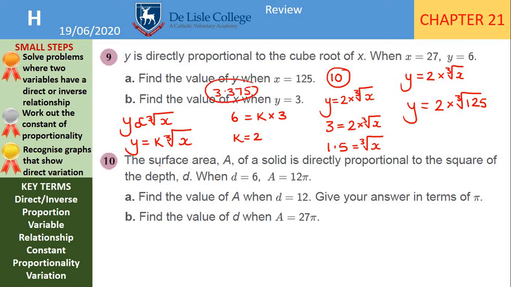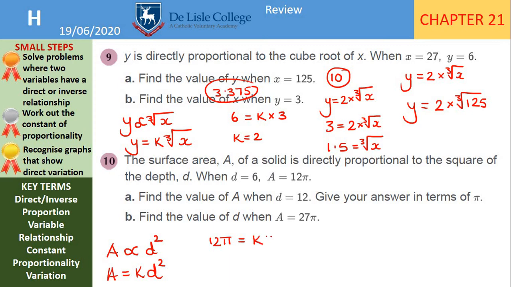Question 10. The surface area A of a solid is directly proportional to the square of the depth. So A is directly proportional to the square of the depth. So this is what you should get. So your formula will be A equals k D squared. Now we're told when D equals 6, A equals 12 pi. So I'm going to replace A with 12 pi